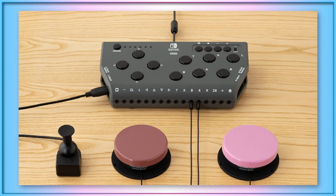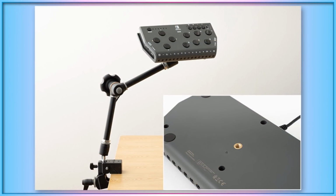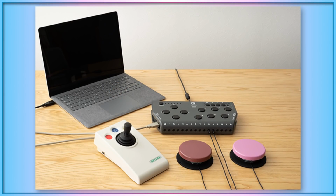its much smaller face. The controller base's smaller size, combined with the presence of a common thread-sized camera mount on the back, do allow for pretty easy mounting of the controller in player reach, but that size reduction does come with obvious drawbacks. While the addition of extra buttons on the face does allow for more of the system functions